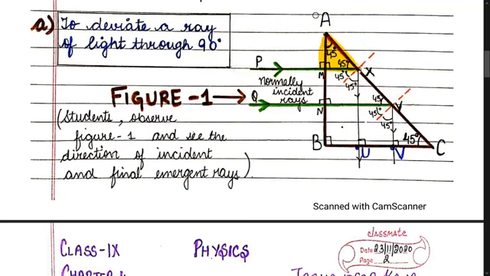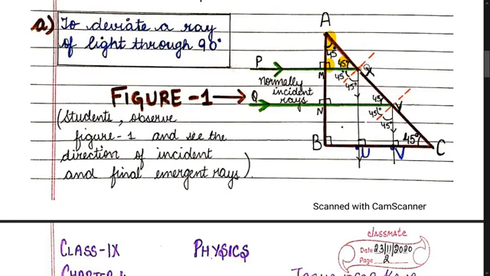Upper triangle means triangle A, M and X. So the angles you can see marked in figure number 1. Normal incidence means the light is having 90°, while angle A is 45° because it is a total reflecting prism. So the third angle will automatically be 45° because the sum of all the interior angles of a triangle is